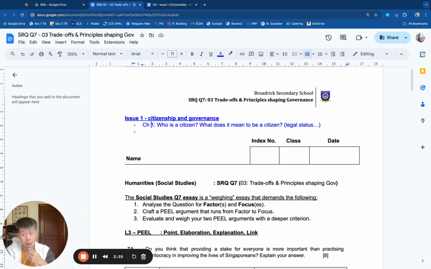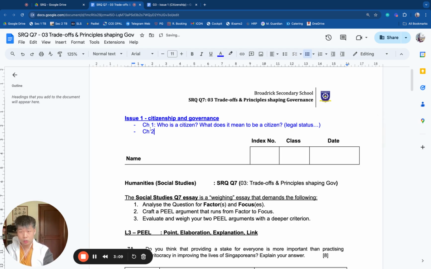And then you need to think about how this would lead to you having this sense of belonging to the country. One way in which a passport or a birth certificate gives you the sense of belonging is because when you have the legal documentation that proves you are part of the country, that confers certain rights, privileges, and responsibilities, and by using those rights, for example, the right to vote in a country, or the right to movement in the country, the right to employment in the country, that allows you to benefit from the country's laws and environment, which therefore grants you gratitude and a sense of belonging to that country. Okay, so that's chapter 1.